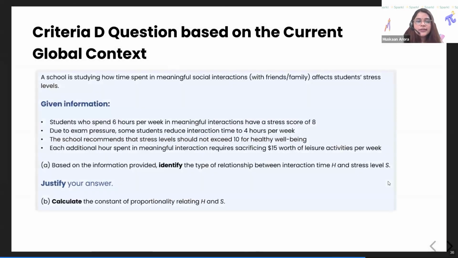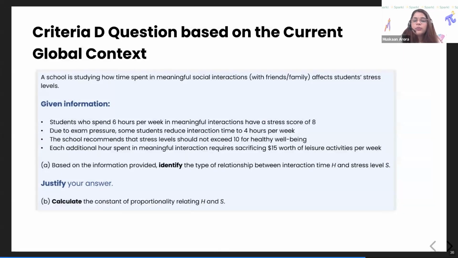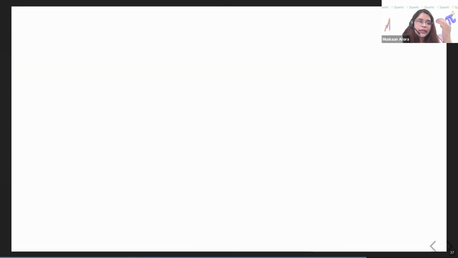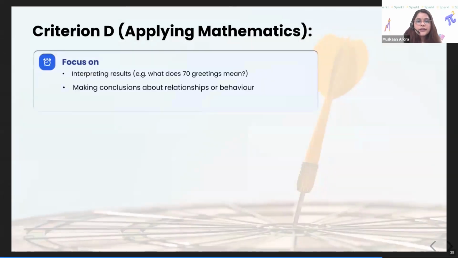For criteria D questions, we know that there is also a fixed pattern for the question. They ask you for accuracy, justifying the accuracy of the calculation, right? They ask you about some factors that can influence the given context. So I would just recommend you to get acquainted with the current global context that you have. It will be the most useful thing because we are expecting the criteria D1 to be mostly based on the global context, right? So interpretation of results is very important. That is what you have to work on for making your criteria D better.